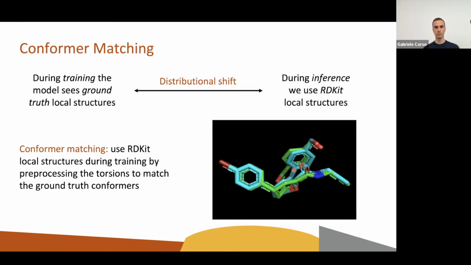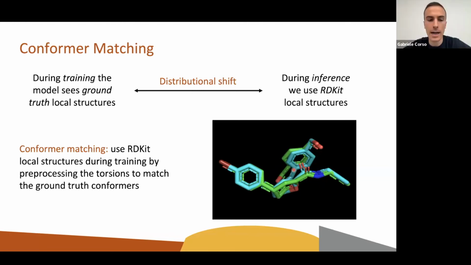So what they do instead, I think, is to also use the RDKit local structures during training, but with the torsion angles changed in such a way that they match our molecular dynamics simulated ground truth training data as closely as possible. So you technically never learn to mimic the DFT simulation. You learn to mimic